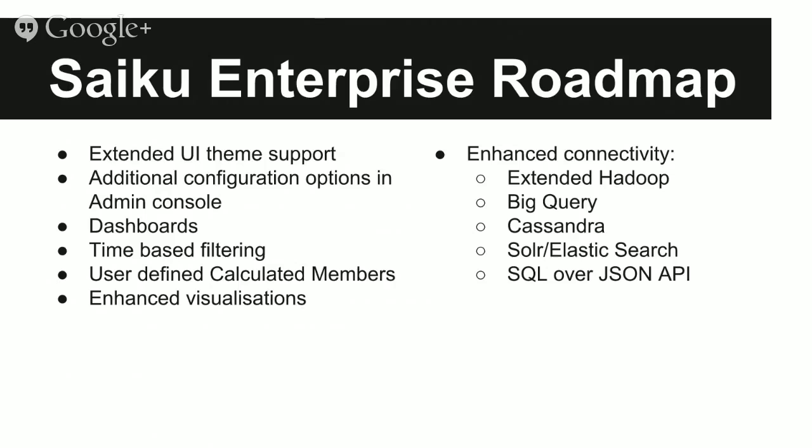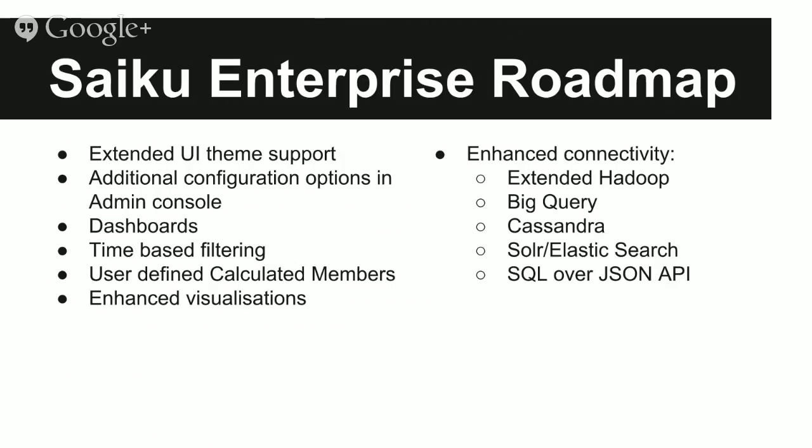with user-defined calculated members. They're closely linked. It's something people have been asking for a long time: the ability to define calculated members in the user interface instead of just in the schema. And, you know, month-to-date, year-to-date type filtering for time-based dimensions. Once that's in place, it will pave the way to dashboards, because dashboards are normally time-based in some respect. If you have a dashboard where you have to set the date every time you go into it, it's a bit silly. So time-based filtering paves the way for dashboards, so that will be coming pretty